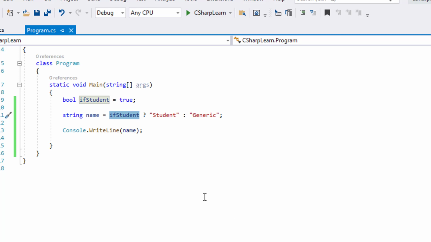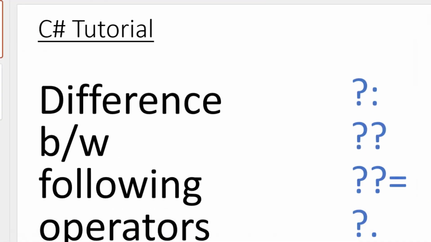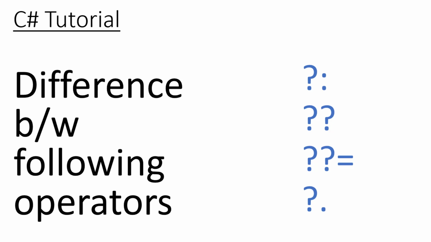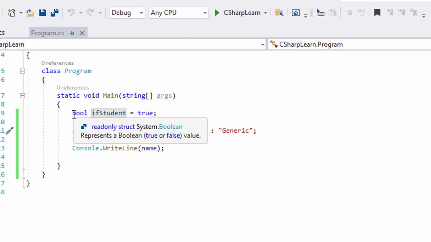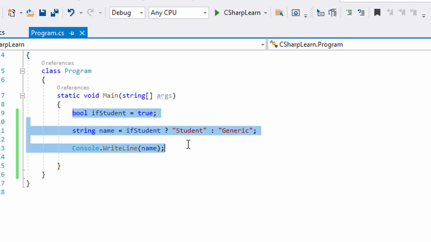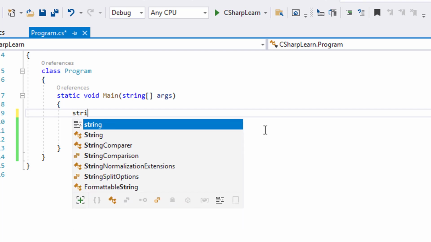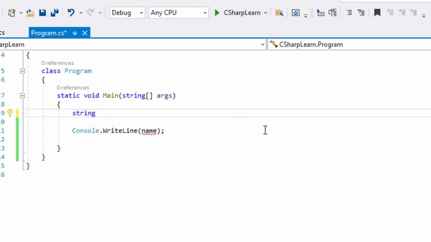Now comes the second operator. The second operator is the double question mark operator. Let me take one example. Here let's say a string, name, and I want to check whether the first value is null.